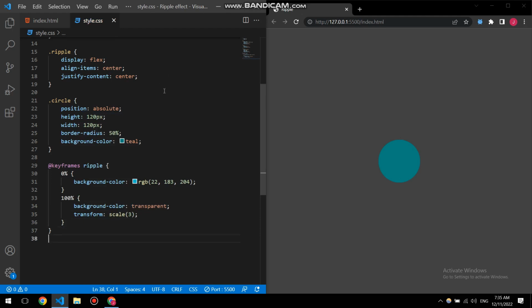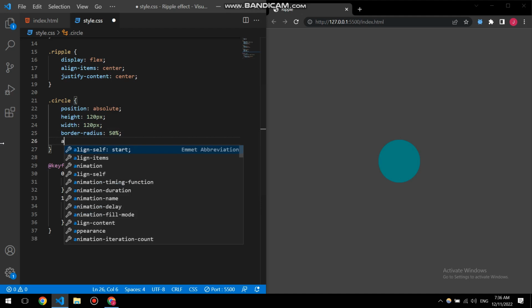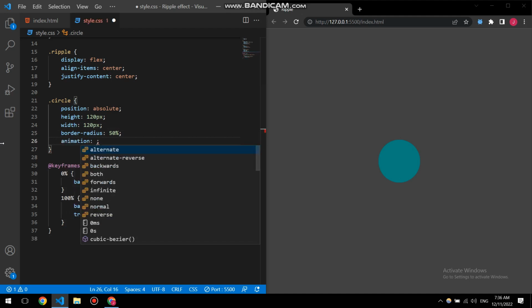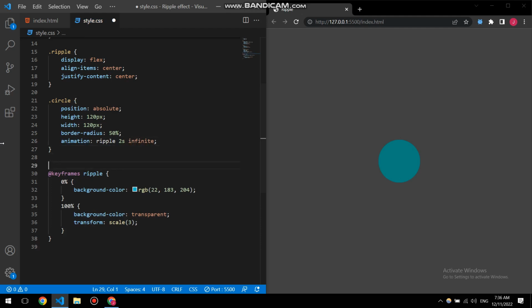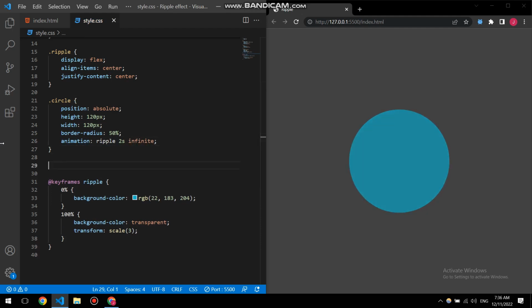So let's just see. Oh sorry, I haven't specified the animation to the circle, so let's just give it animation ripple 2 seconds, let's just say, and then infinite, which is it just goes on forever. So there you go. This is like a sonar effect, which is also cool,